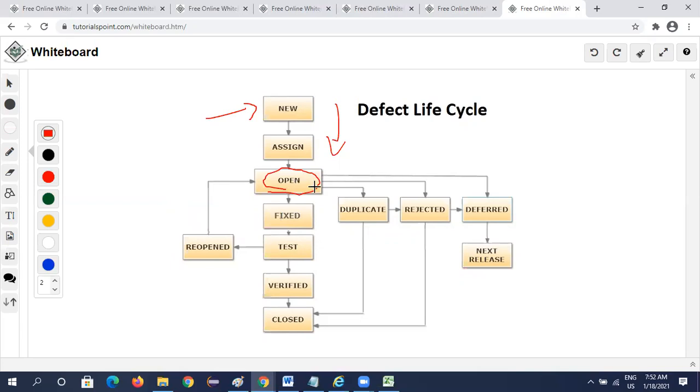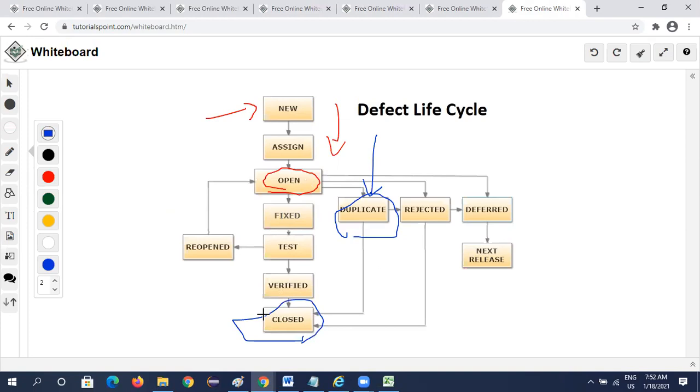Once the developer started looking into the defect, he found that this defect you raised was already reported by someone, in the last sprint or in this sprint. So this is a duplicate defect. He selects from the dropdown, open to duplicate, so he marks the defect you logged as duplicate and closes it.